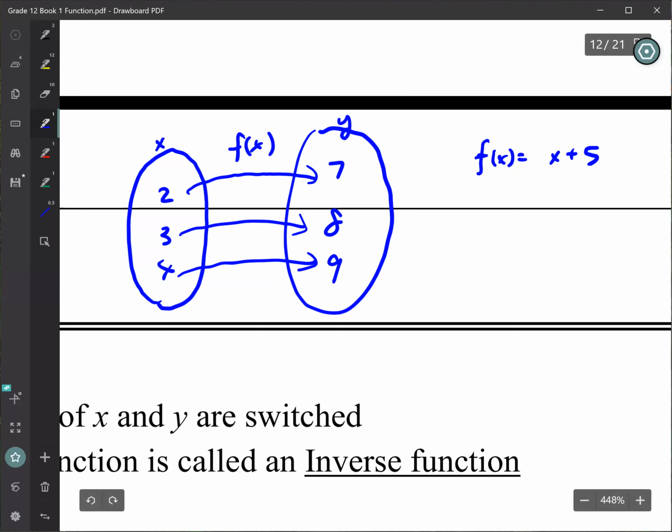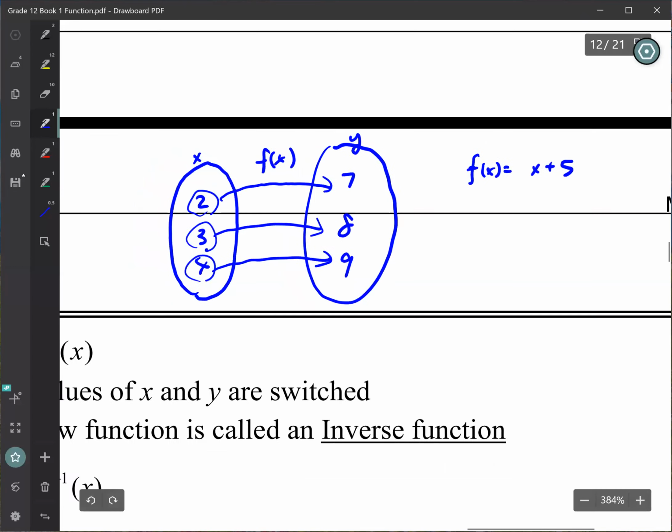Donna, do you agree? Does x plus 5 work? Yeah. Right? You look at the pattern. Each time you take the x, add the 5. Take the x, add the 5. Take the x, add the 5, right? So the function is adding 5 to all the input. So that's going forward. Now, if I want to go back,